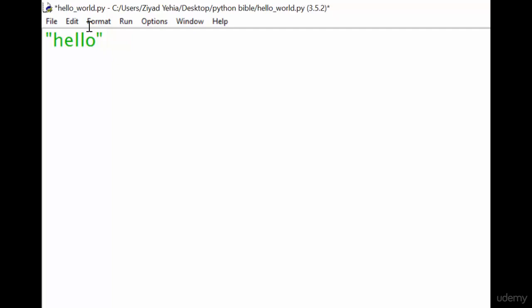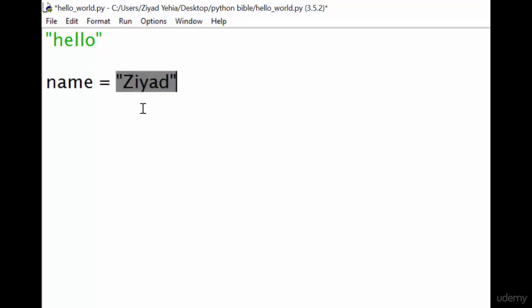Now, as you can see, IDLE has turned our string green to help us identify strings at a glance and also detect if something isn't quite right. Just like numbers, we can store strings inside variables. So let's create a box or a variable called name, and I'm going to assign that the value of Ziad, which is my name. And basically, this is just going to take the string called Ziad and store it in